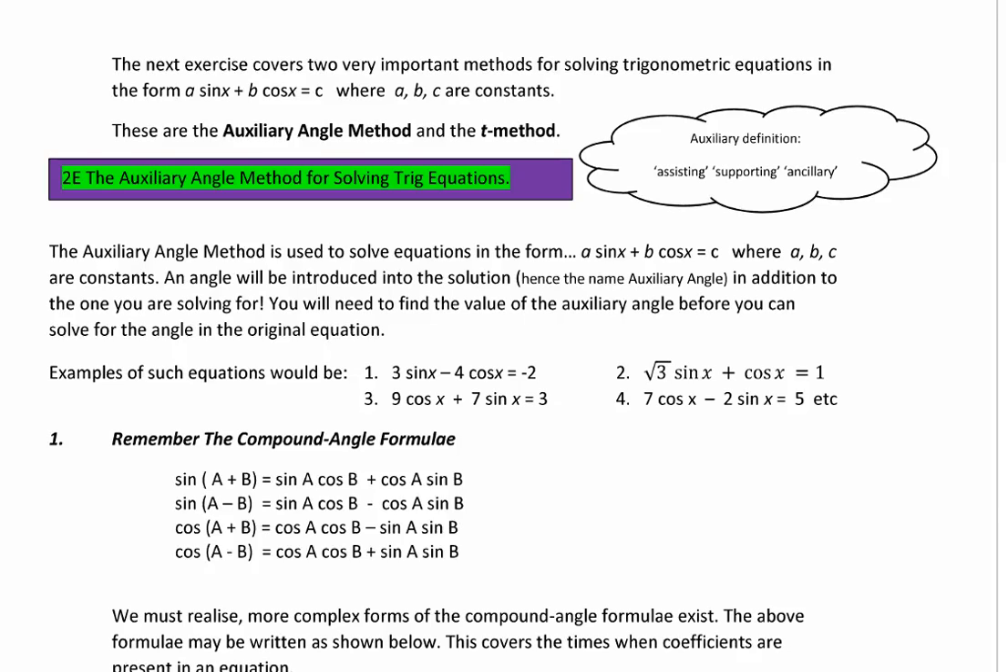In exercise 2E, we're introduced to one of the new methods for solving a trig equation. Remember I spoke about how you would learn 2 more methods for solving trig equations? Well, this is one of them. It's called the auxiliary method. And if you look up some definitions for auxiliary, you might see assisting, supporting, ancillary. I like to think of the auxiliary method as in addition to,